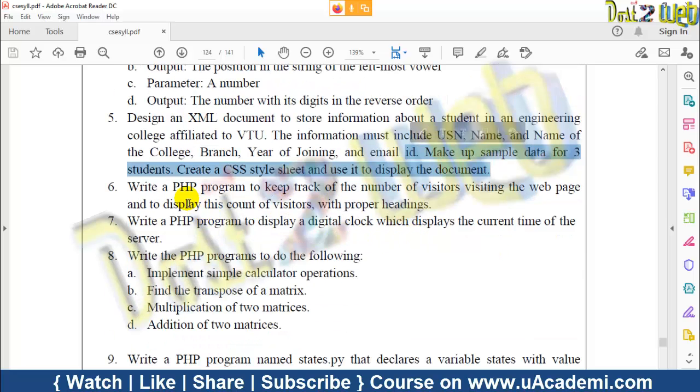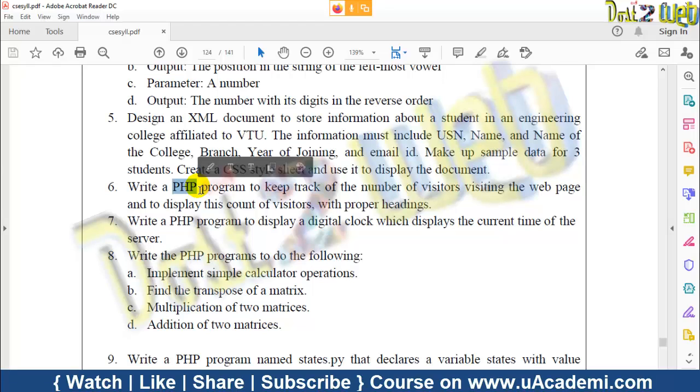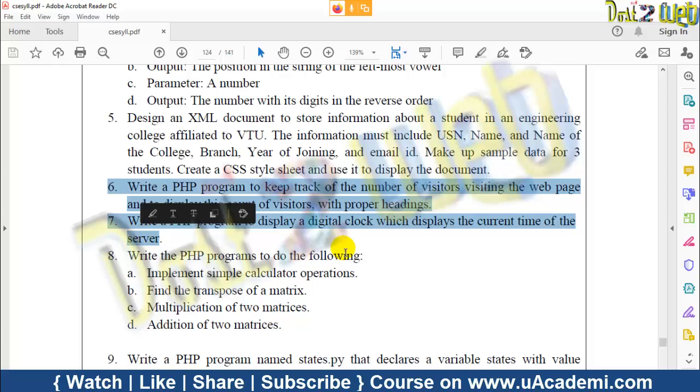But when you get to PHP, a server-side scripting language, it's called Personal Home Page or PHP: Hypertext Preprocessor. You can say this is a server-side programming language. From the 6th program onwards you require a server. That means your machine should be treated as a server. Whatever we are using now is treated as a client. We don't have a server.